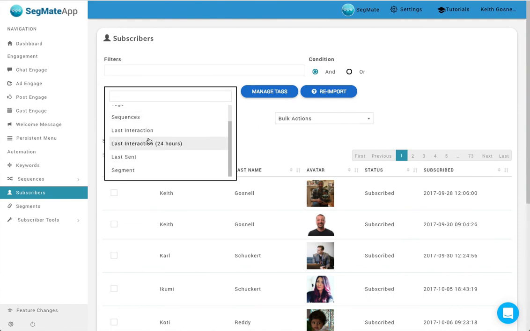So right now we have filters. You can filter by tags, by what sequences they're in or not in, the last interaction you had with somebody by a date, the last interaction within 24 hours, which is an important part of Facebook's rules. We kind of pride our app on following the policies that Facebook has set forth about bot messaging, and we have 3 or 4 different tutorials and videos that you can watch once you become a member that'll tell you all about that. You can also do the last time that you sent a message to it,